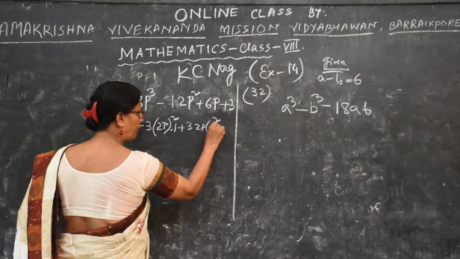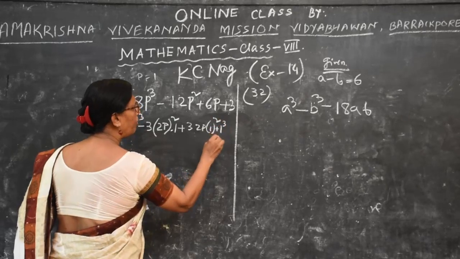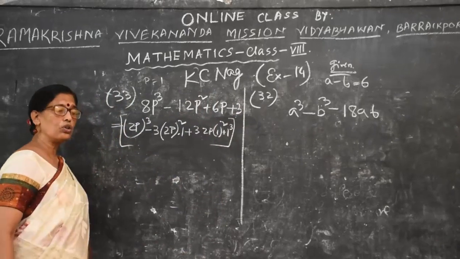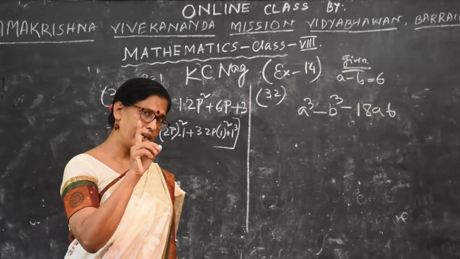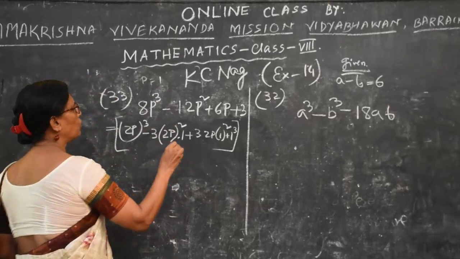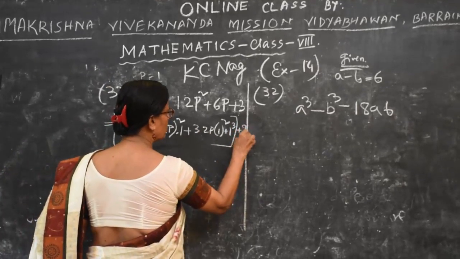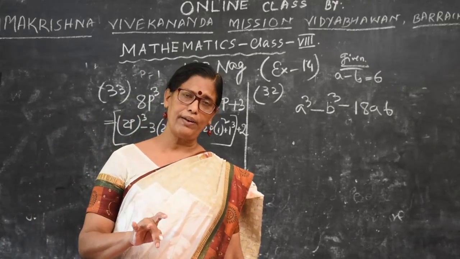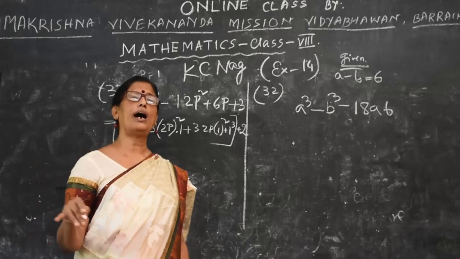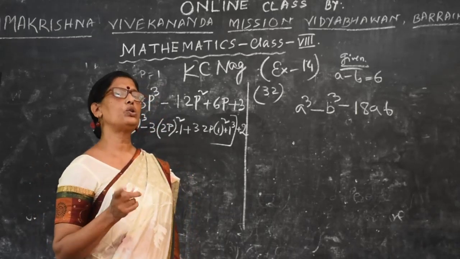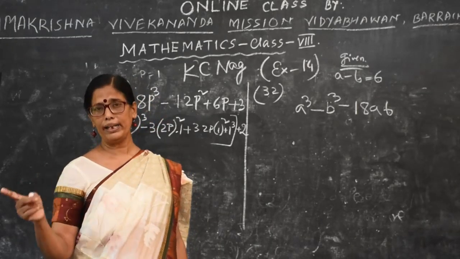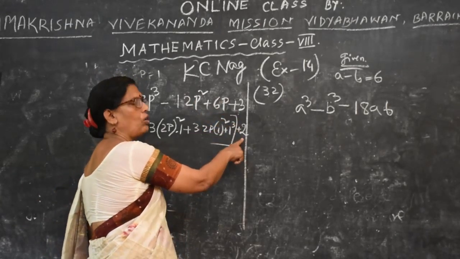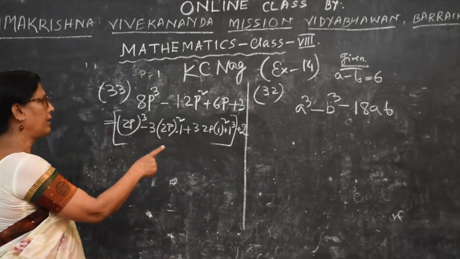For the formula, 1 cube is needed. But see the board, 3 is given there. So 1 cube is required, that means 2 is left. That 2 is adjusted by this one. So keep in mind that all the terms which are given do not cover the total formula. If 1 and 2 is added there, it must be minus, or if 1 and 2 is not taken as a formula, then that also must be adjusted after the bracket.